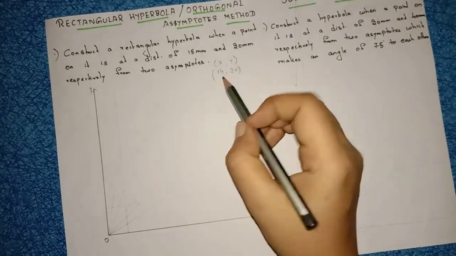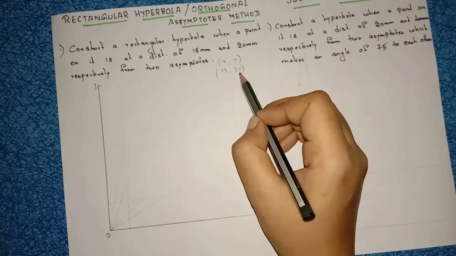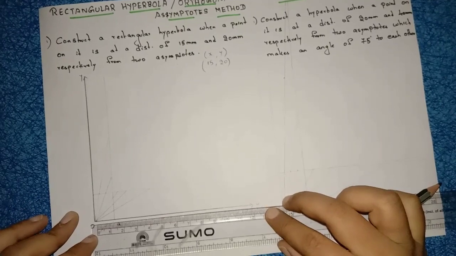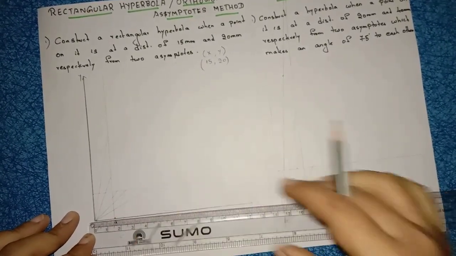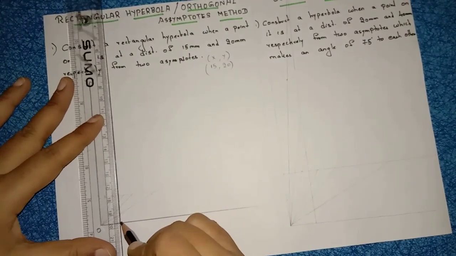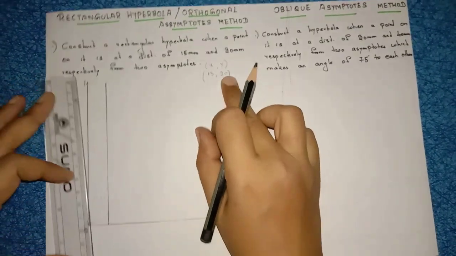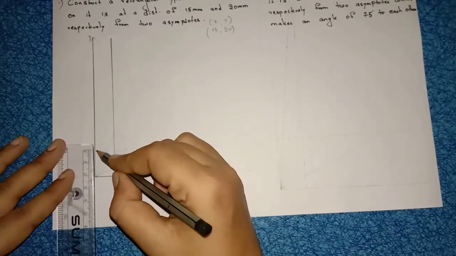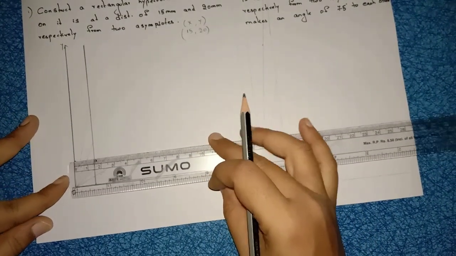Now on x-axis you have to mark 15, on y-axis you have to mark 20. Right, so this is your x-axis. On x-axis mark 15. Mark the point. From that point, draw a vertical line. On y, you have to mark 20. So on y, this is your y-axis. On y, mark 20 mm distance and draw the